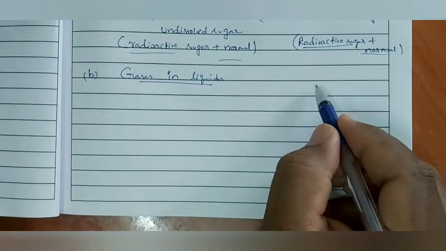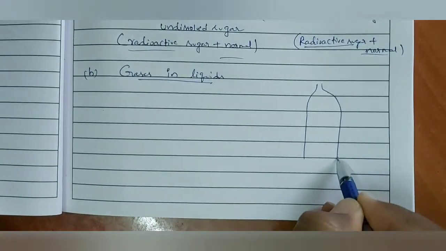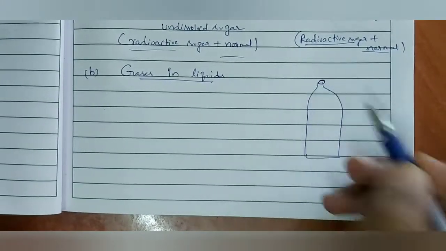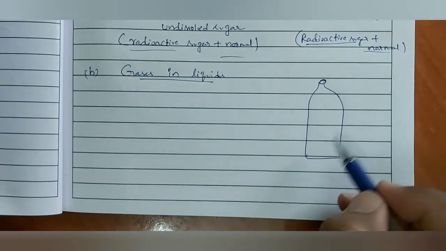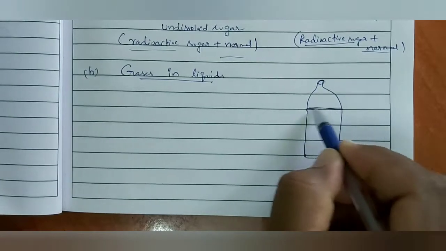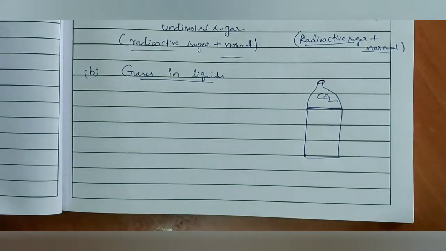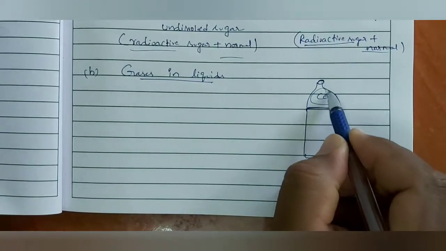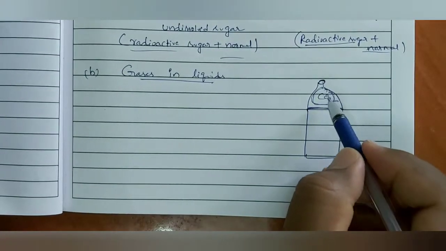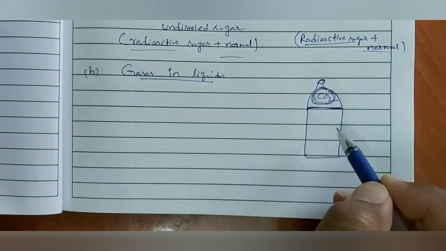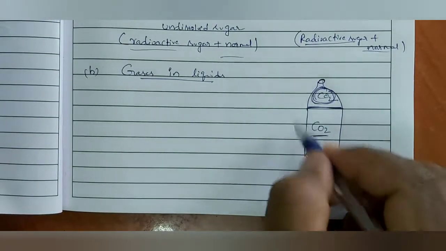Let us see one Thums Up bottle or Coca-Cola bottle which is closed, a new one. Till the opening of that one, inside, up to here we have liquid which is filled with carbon dioxide gas. Don't think that carbon dioxide is completely dissolved like that. Some amount of carbon dioxide is in undissolved state and some amount of carbon dioxide is in dissolved state. This happened at high pressure.